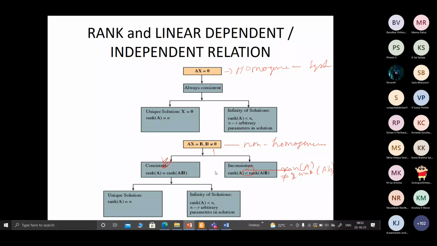If you remember these two, that is more than enough. We have already done this using Gauss elimination. Only in the rank language are we interpreting these results. Even the procedure is the same; we are not going to do anything differently. The same procedure is applied. The only thing is that now our interpretation of these results is in terms of rank. That's all.